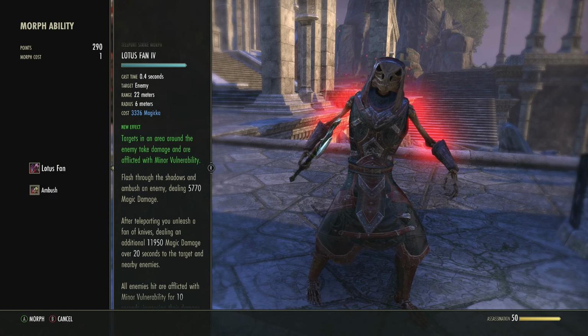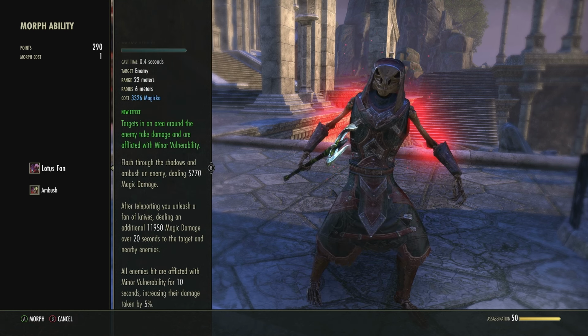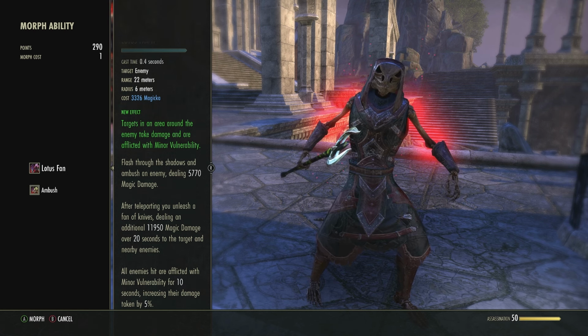Now the variants. You've got 2 different morphs, obviously. One targets in an area around the enemy to take damage, and they're afflicted with minor vulnerability, so everyone in the area of effect is. This is Lotus Fan. It does damage initially, but after teleporting, you unleash a Fan of Lives, dealing an additional amount of damage,